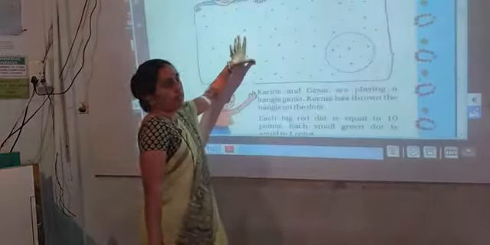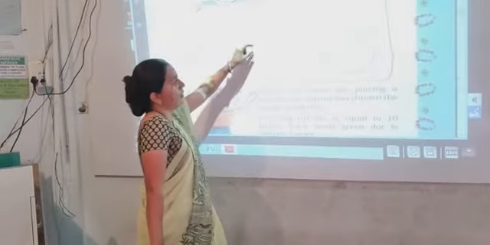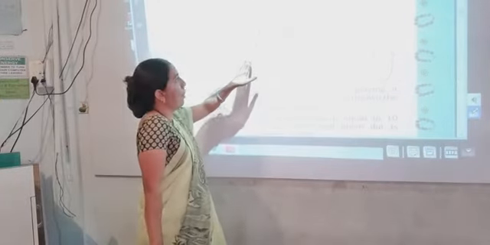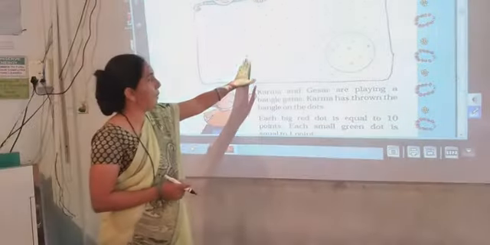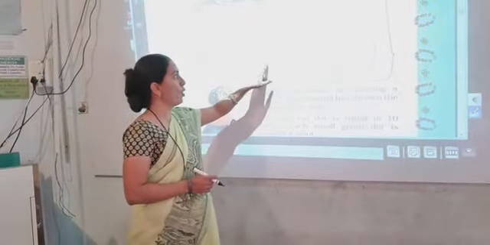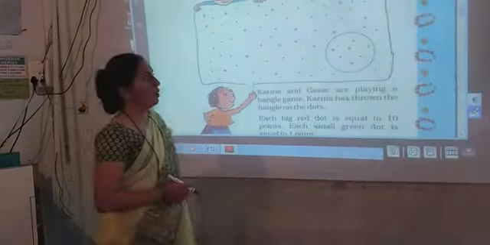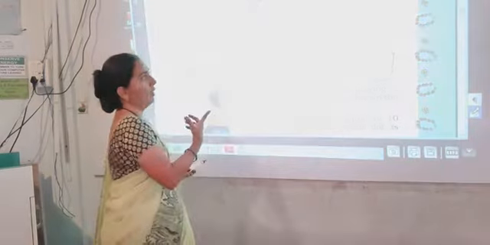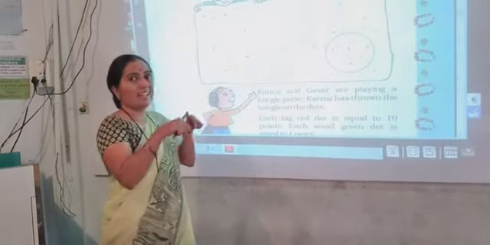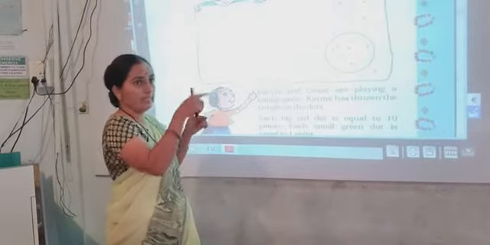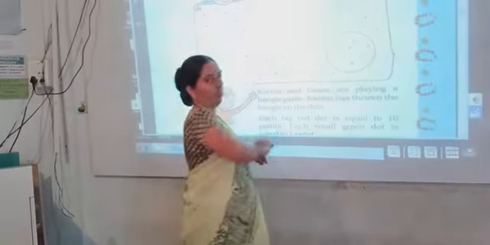On the chart there are some big dots and some small dots. So big dots are drawn in red color and small dots are drawn in green color. So if I throw a bangle, how many dots are coming in that bangle? Inside of that bangle you have to count them.